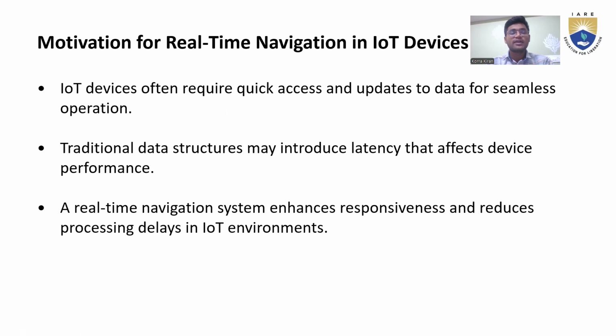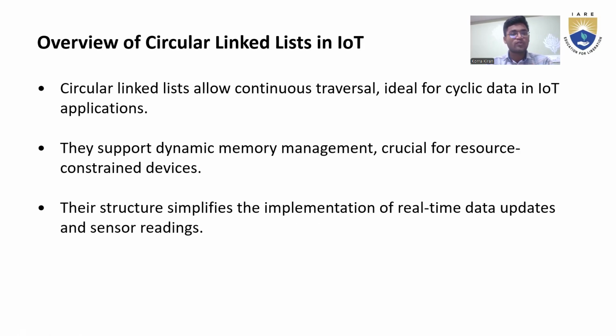And the motivation for real-time navigation of IoT is that it can update information through quick access according to the situation. This was one of the motivations. And the overview of this IoT is that the main application is ideal for cyclic data, and it is mainly used for memory management, using memory at the same time when we need memory for